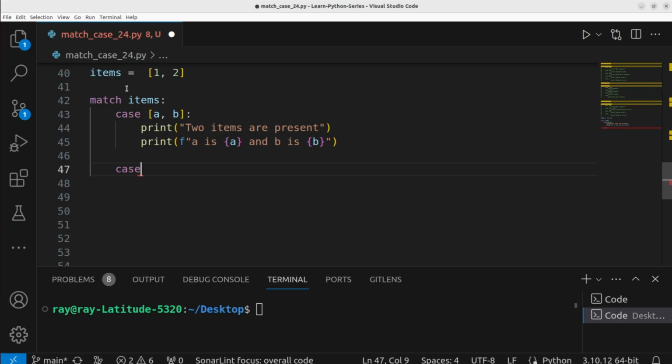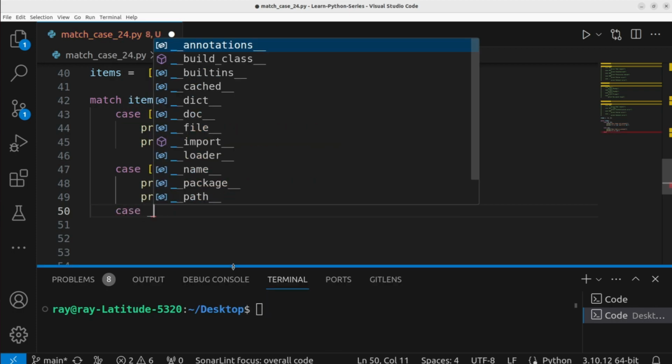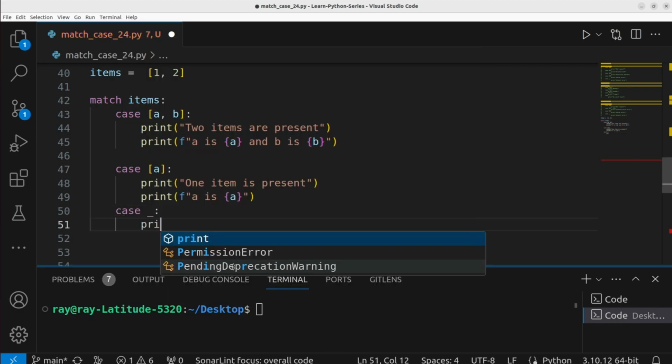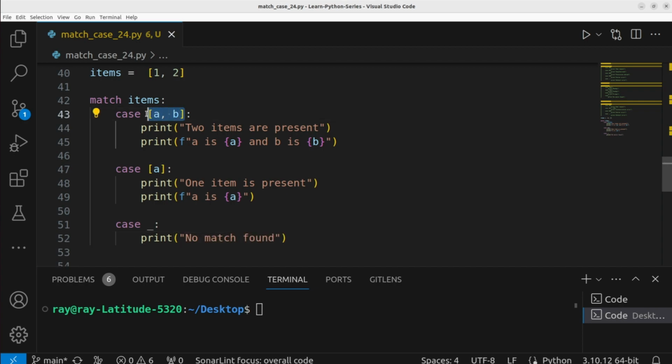Another case to consider: A. Print one item is present. Print A is. Now let's move on to define the default case. Print no match found. The first case is designed to match a collection, whether it is a list or a